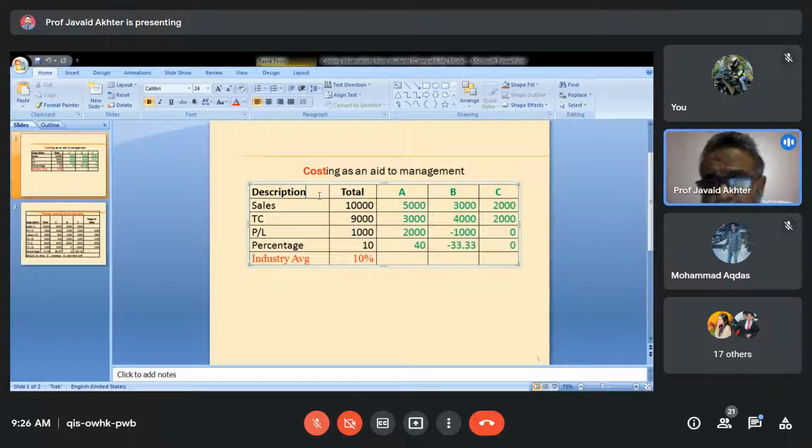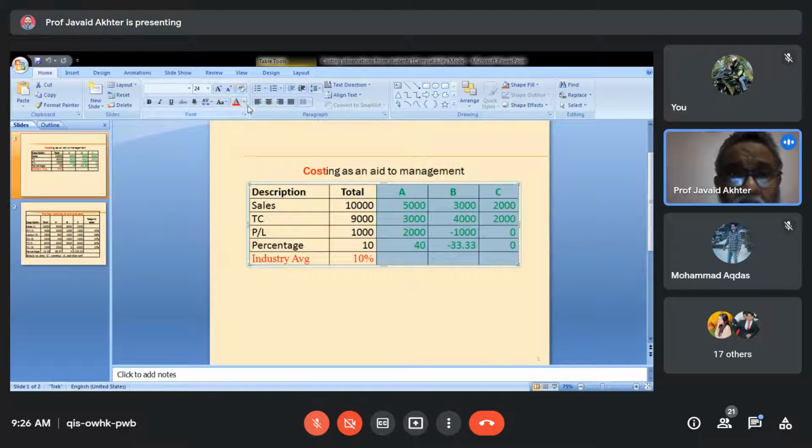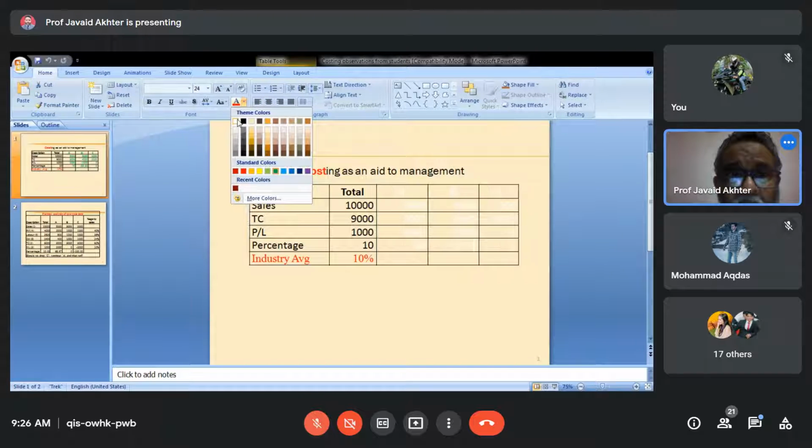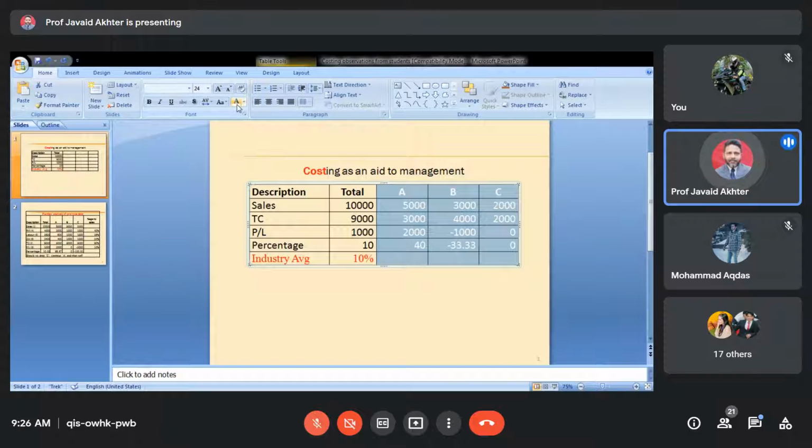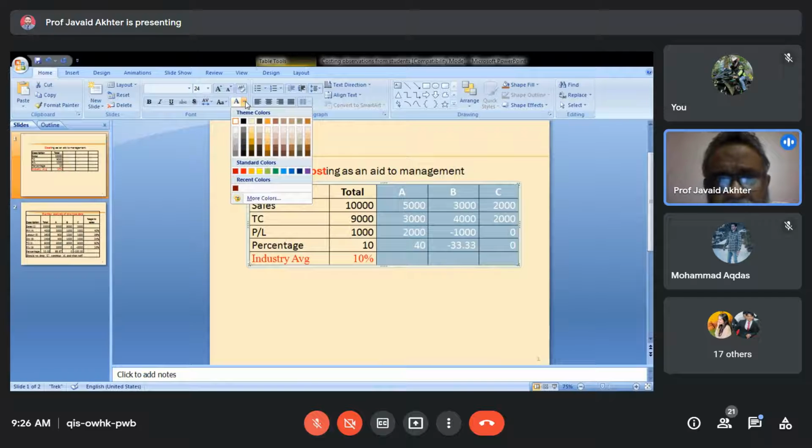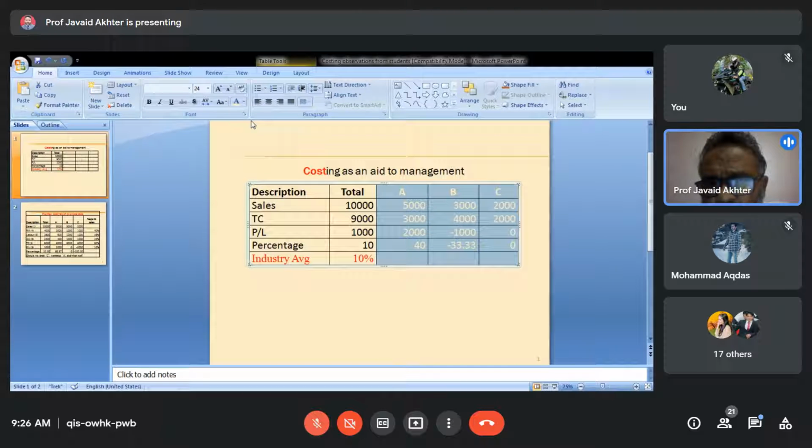Okay. So this is a much better way of presenting. Suppose we just look at only the total part. This part which is mentioned here, suppose I hide this part. This part is hidden. It is not available on your screen. You look at this only.